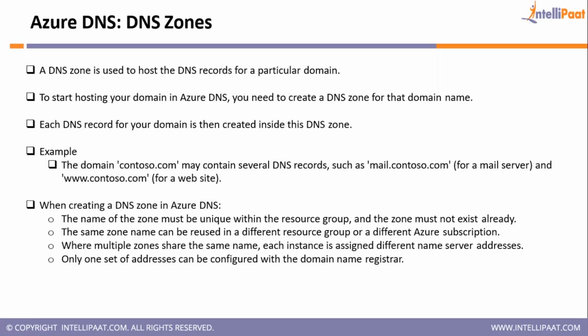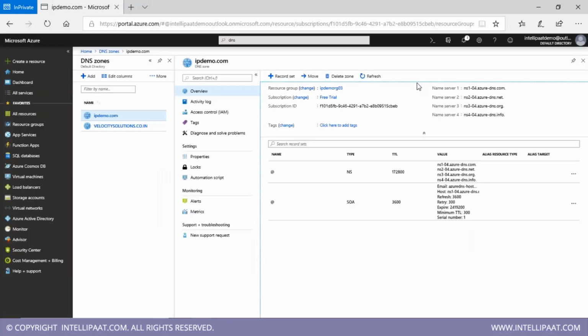So you would now be trying to understand how it allows you to do that, and if it allows, how it works in the background. I think the third line explains that. Where multiple zones share the same name, each instance is assigned different name server addresses. You see,